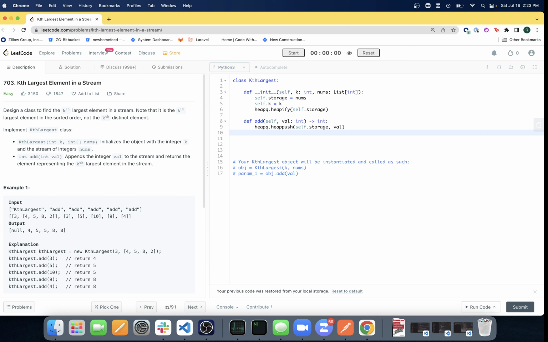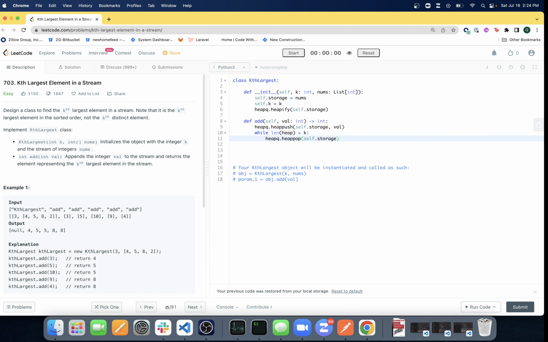And once we push onto there, we need to make sure our heap is of size k. So we're going to say while the length of our heap is greater than k, then we're going to pop from our heap. So we're going to say heapq dot heappop, and we're going to give it self.storage,